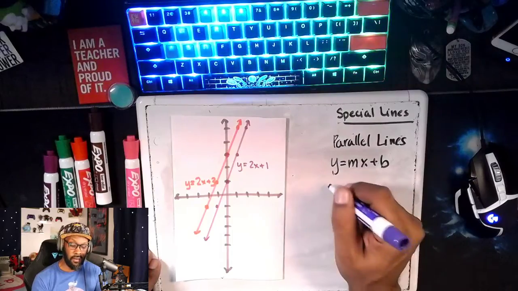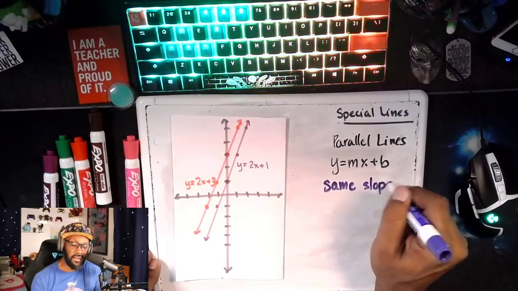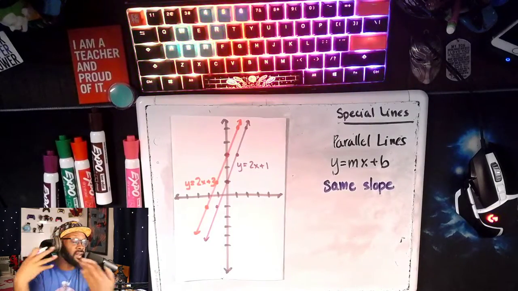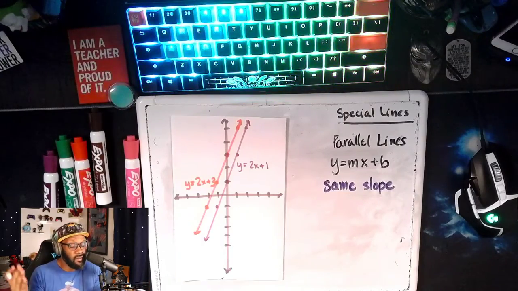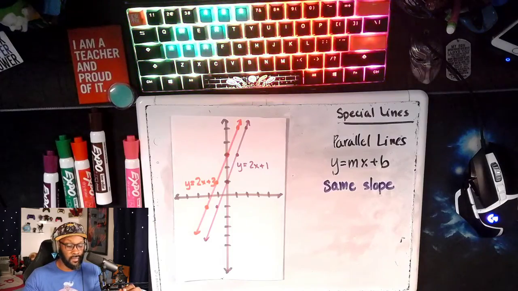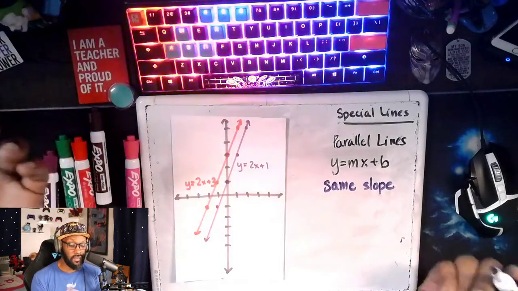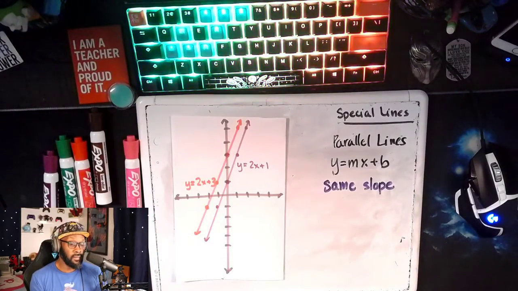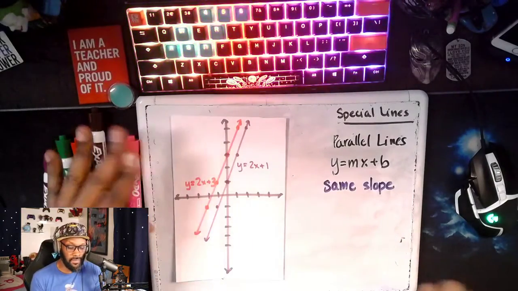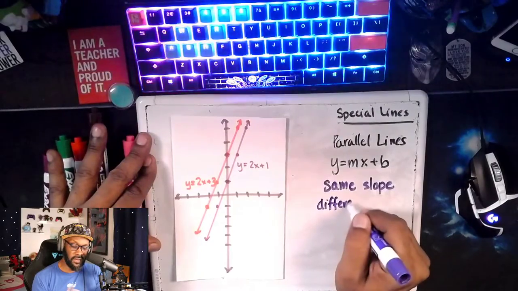Right, parallel lines have the same slope, which makes sense. If they're never going to touch, they need to be slanted in the same direction. If they're slanted in different directions, they're going to intersect. So parallel lines have the same slope. And even though they contain different y-intercepts, that's fine. Now, obviously, if they had the same y-intercept, then it's the same line because they would just be on top of each other, right? So same slope, for the most part different